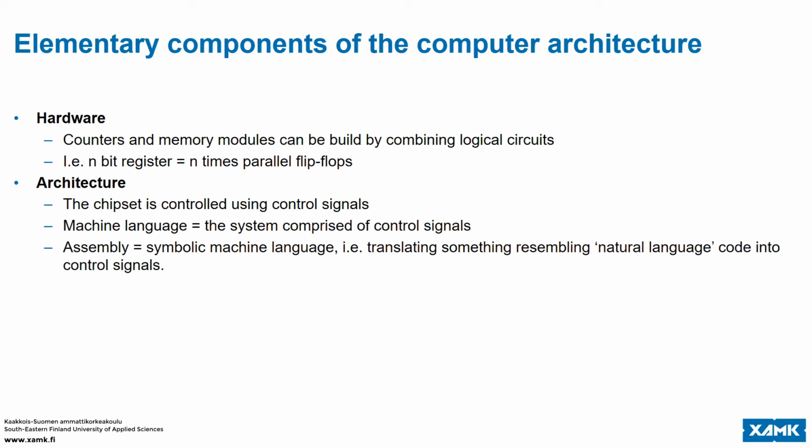Then we have basic memory modules, or at least Boolean chips, or elementary logic gates that are able to hold one bit in memory for a certain amount of time. Once we have sequential logic implemented, we can start to build counters and other more complex memory modules by combining these logical circuits and sequential